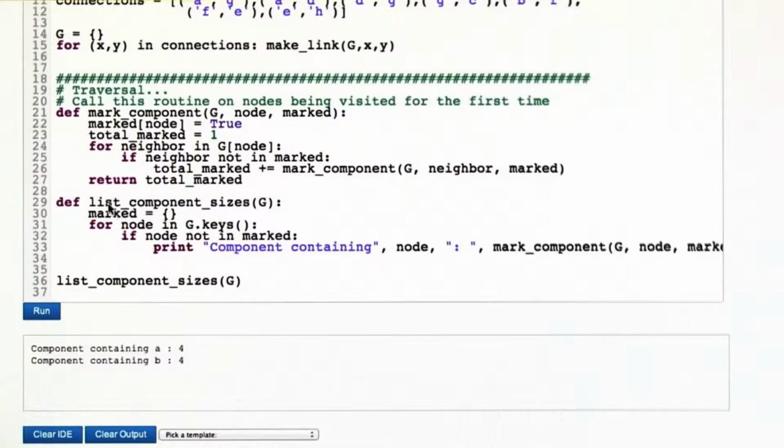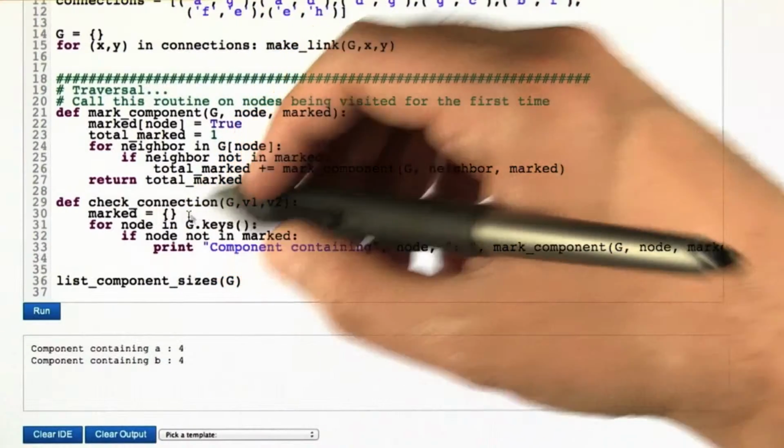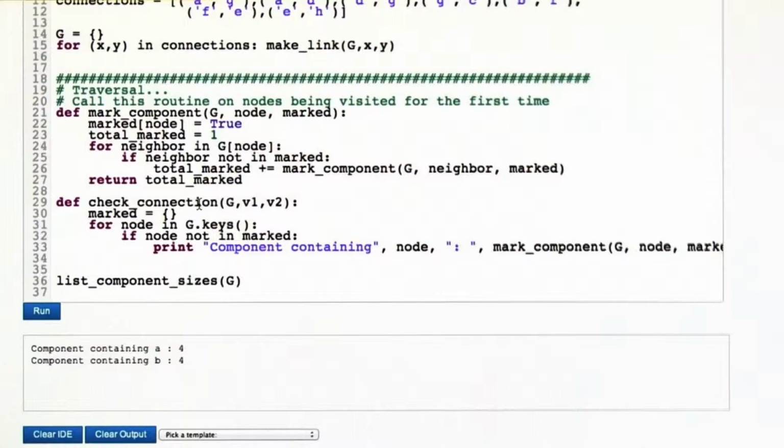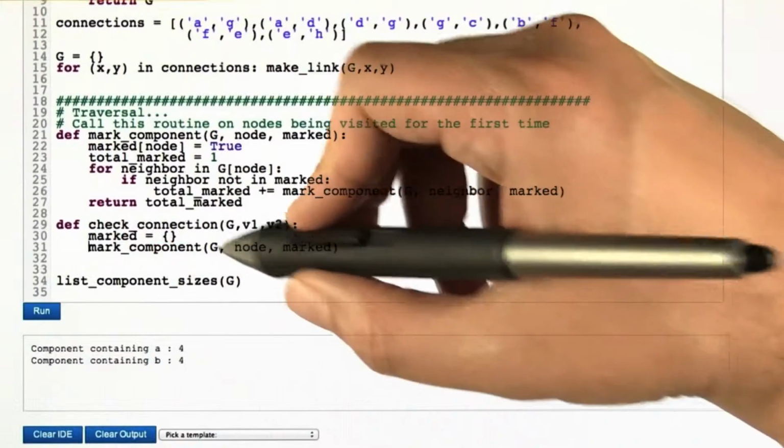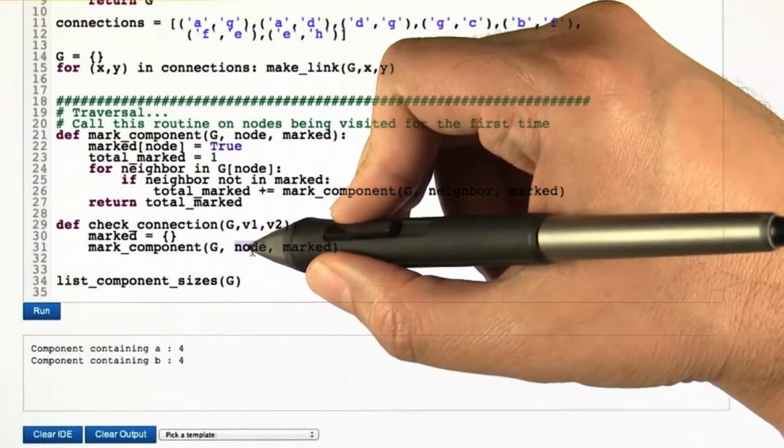So we can do this by modifying the list component sizes algorithm from the previous example. We'll call the algorithm check connection, and it takes the graph, but it also takes v1 and v2. It's going to do something similar to before. It's going to start off with the assumption that none of the nodes have been marked so far as reachable. Then we're going to call marked component on that graph, and the node that we're going to start marking from